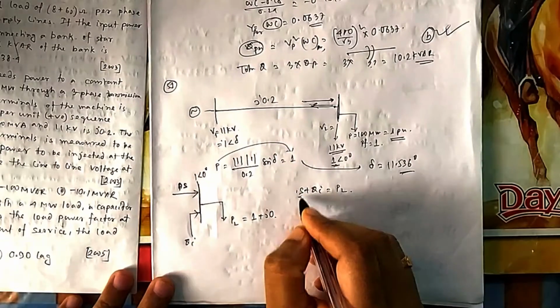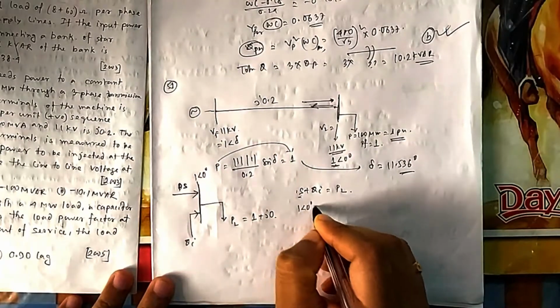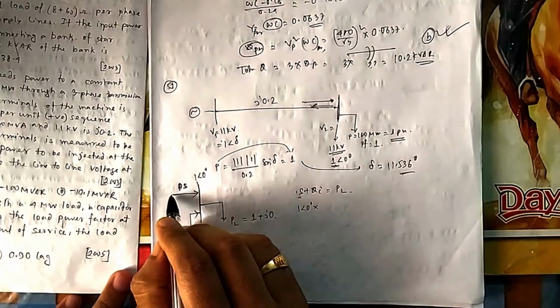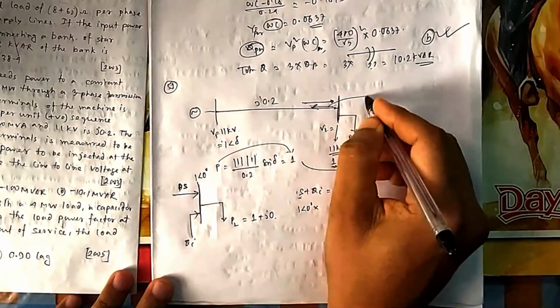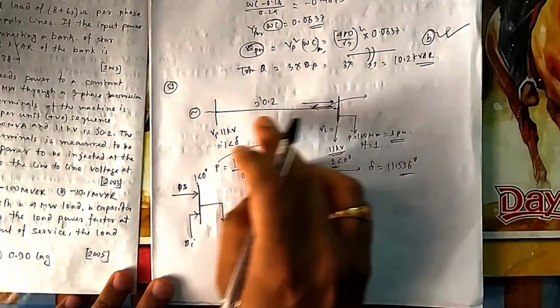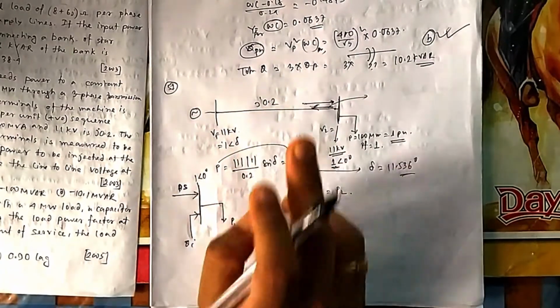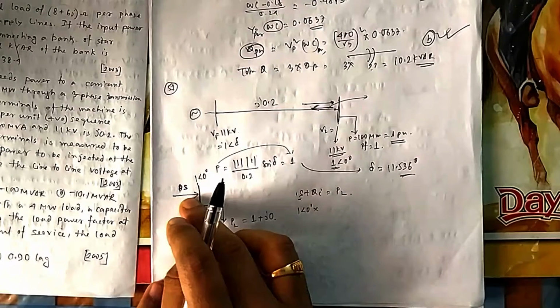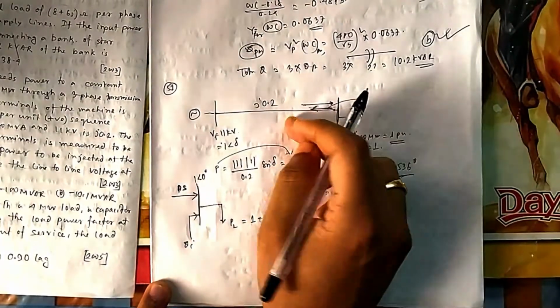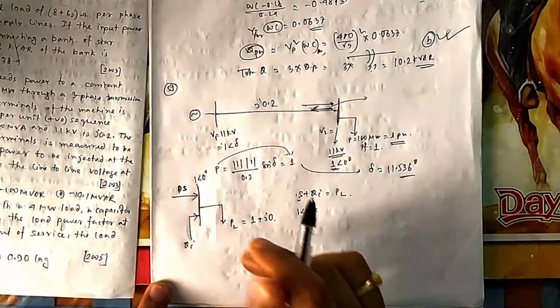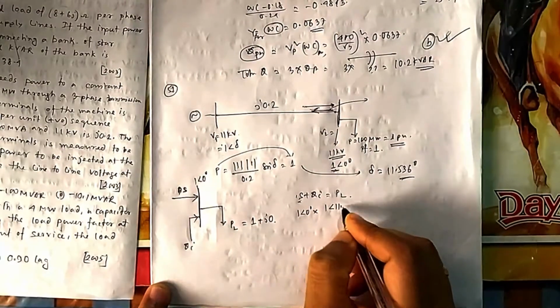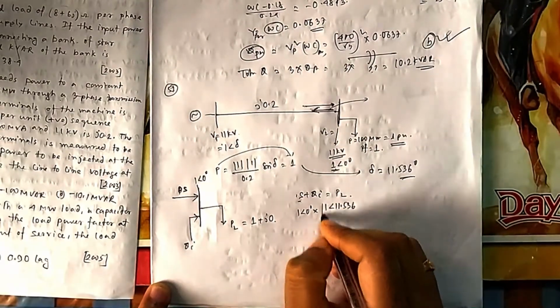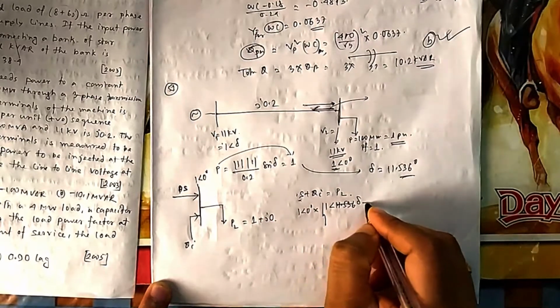So here it is S equal to V I star, so 1 at an angle 0 multiplied by current. Because I am taking this direction, current will be this minus this divided by this. If I choose the other direction, then current will be this minus this divided by this. So that depends on which direction you are choosing. Because I have chosen this direction, that's why it will be 1 angle 11.536, or delta, or you can write it 1 angle delta also.